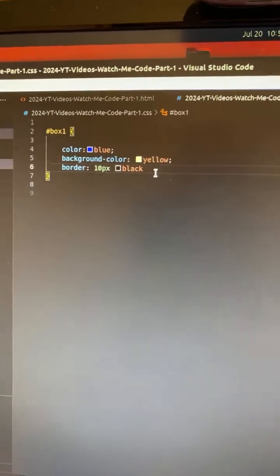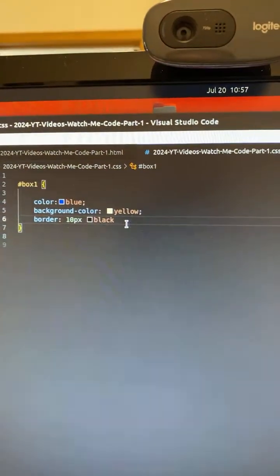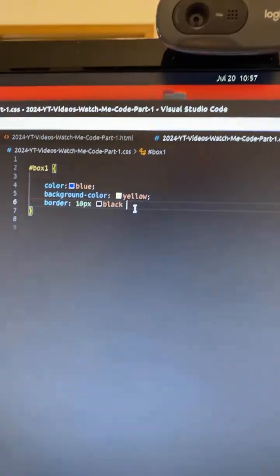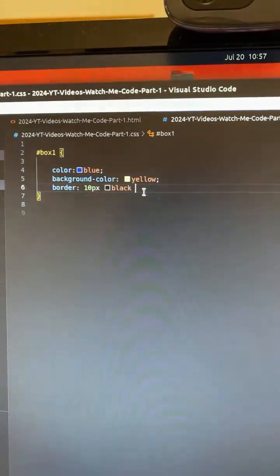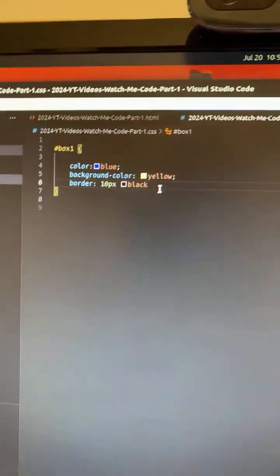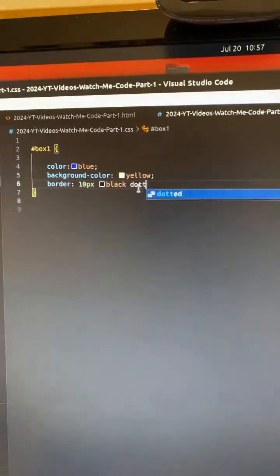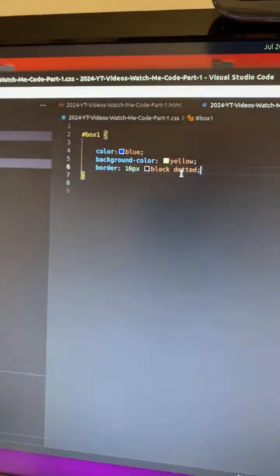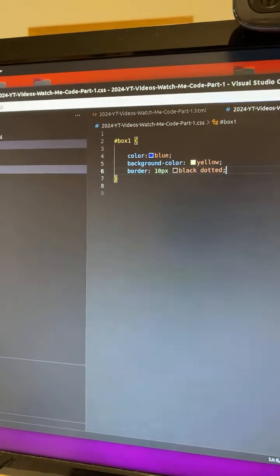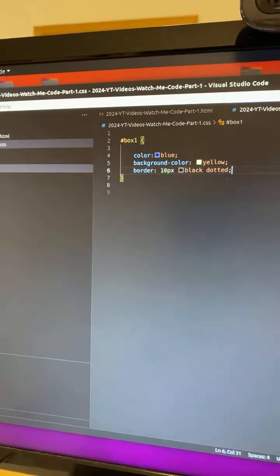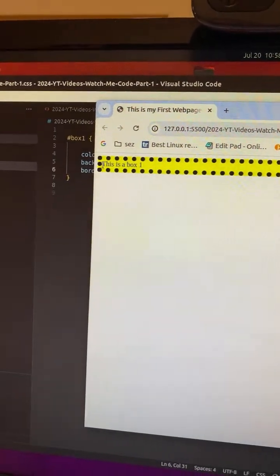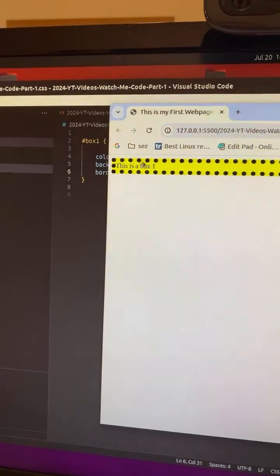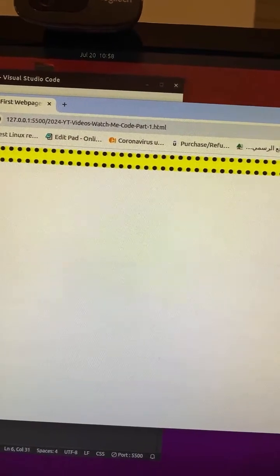And space, I add the style. When you create a border, you want to add the style, which is dash, dot, or solid. In this case, I'm gonna give it a dotted style, so it's gonna be dots around it. And then you can type a semicolon. And if you notice, that's what the code produces. This is the box, and it has dotted lines around it. This is the border, and I have a sentence inside,